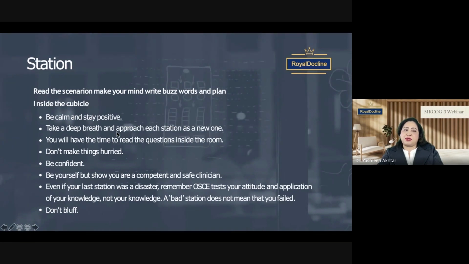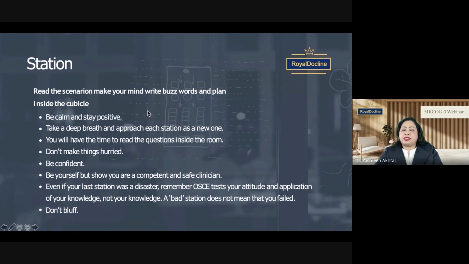There are 14 stations, as you all know. What will happen in the station? You will go and you will hear a buzz. A buzzer will sound, and then you will go to your required station. For example, maybe you will start at station number 7. Somebody may start at station number 2. Some may start from station number 1. However, you have to be careful and listen to all the information and instructions which are given to you by the people who give you a debriefing at the beginning of the exam. So listen to what they are telling you.